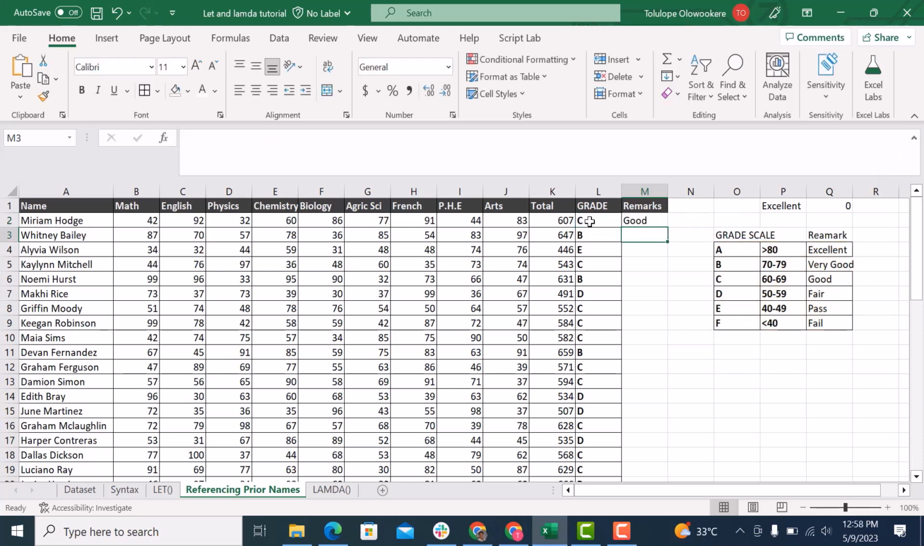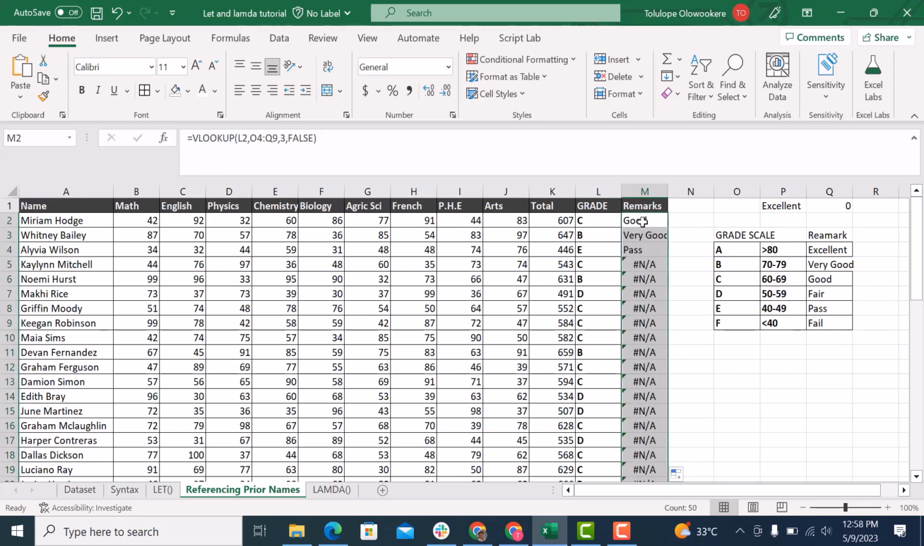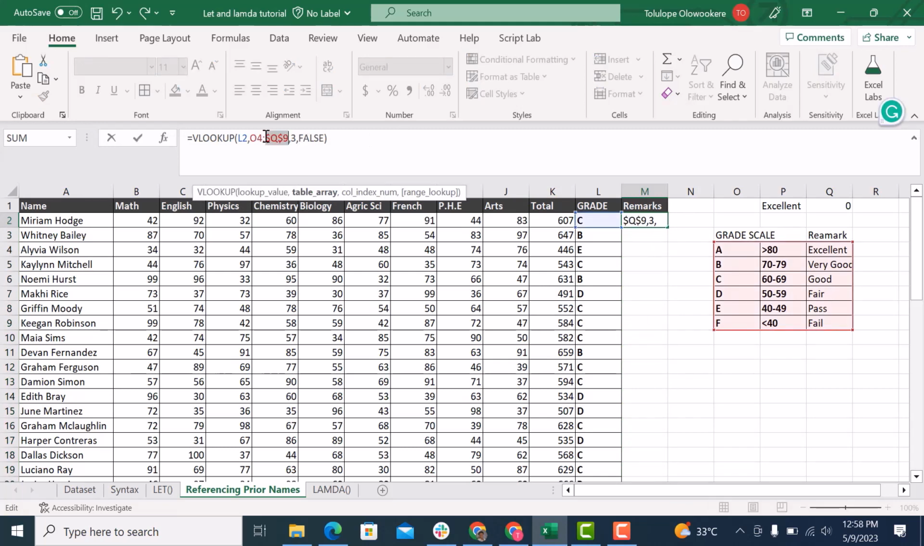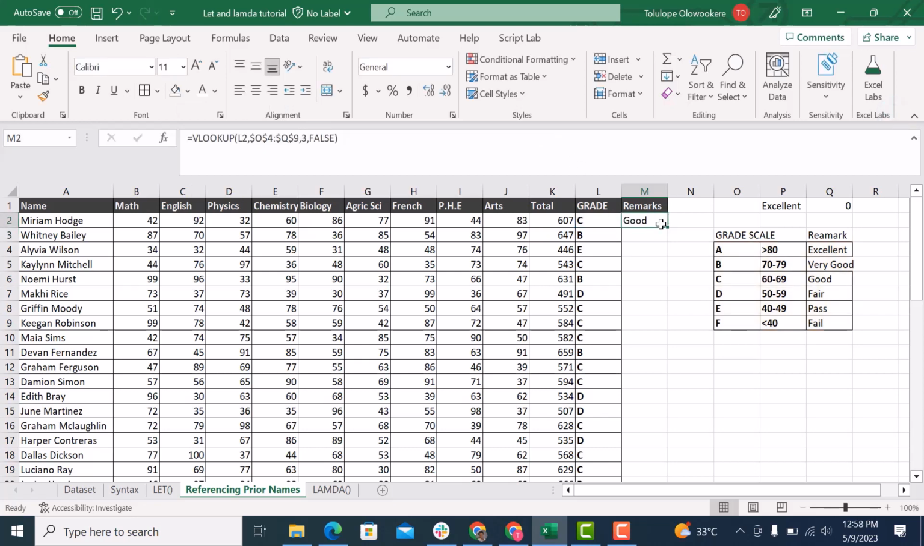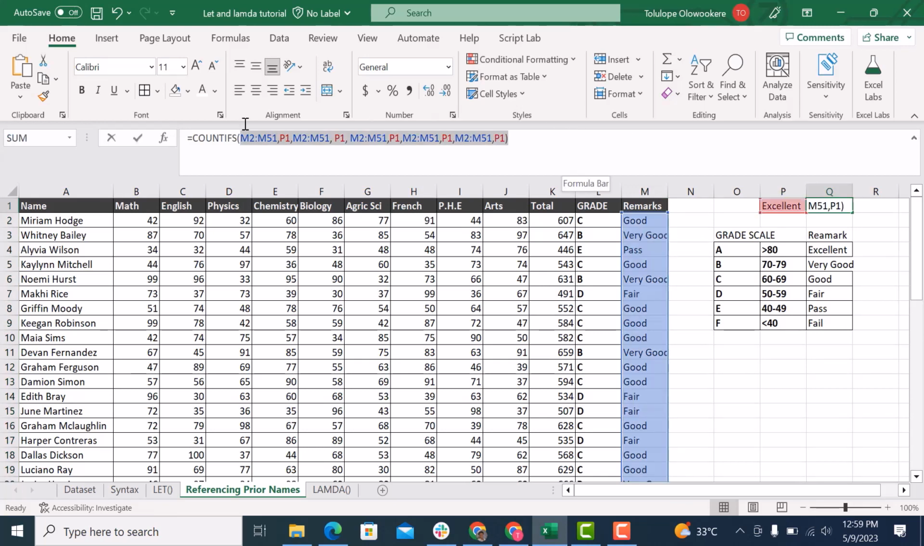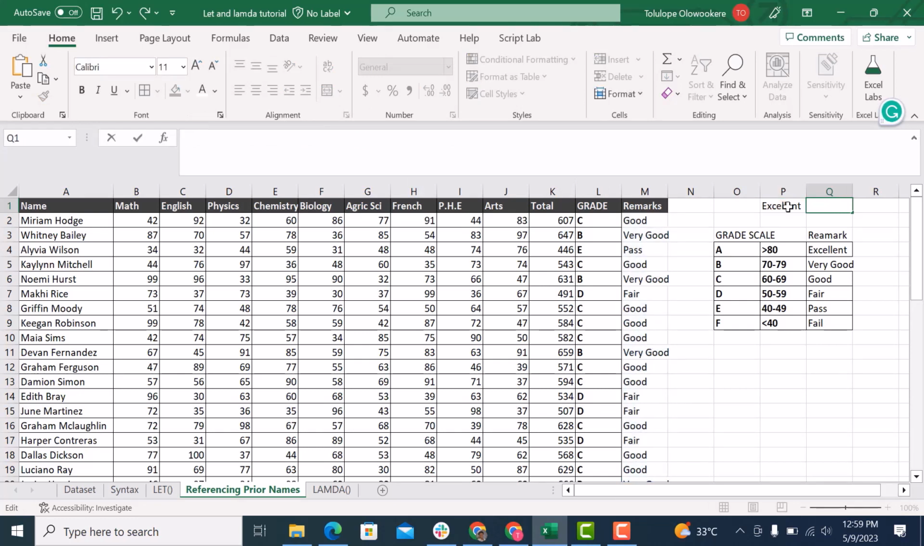So anywhere there's C, you see Good and whatnot. So if I drag this down, oh, so sorry about that. Don't forget your cell referencing when you are working with functions in Excel. So now I've corrected that cell referencing, and then we can see for each grade we have their remarks. So I'll delete this function here, and then we'll do a COUNTIFS to match these criteria